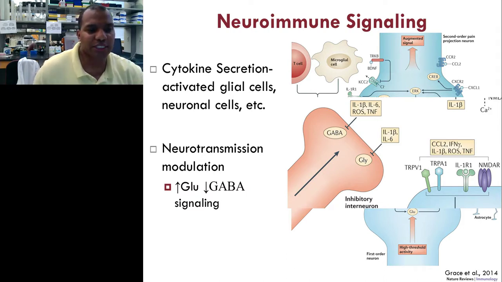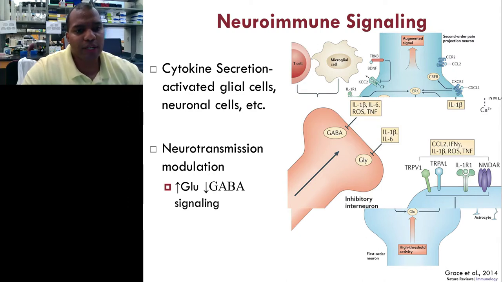Particularly what interested me is some of the pro-inflammatory cytokines actually map onto the pharmacology of alcoholism or alcohol abuse. So you can see IL-1 beta and IL-6 actually inhibit GABA and can increase the glutamatergic tone. That actually maps onto what alcohol does. So alcohol is a GABA agonist that can also be an antagonist at the NMDA receptors.